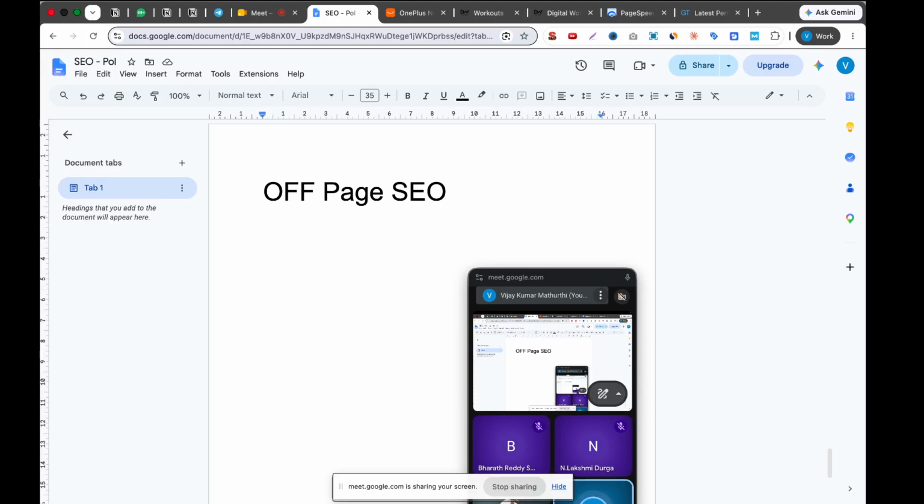After that, there is on page SEO. On page SEO is where you optimize your website: your content, your headings, your subheadings, your internal linking, your images. All of these things come under on page SEO, and we do it on our own website only. Whereas off page SEO is something which we do on third party websites, not our website. Why do we need to do it on third party websites? Because